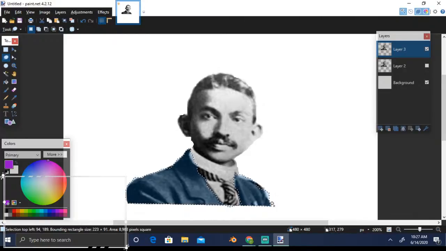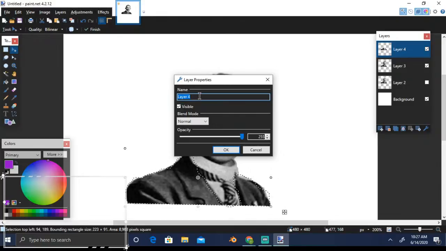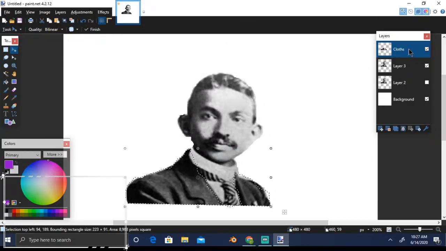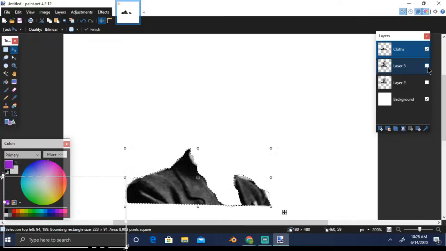Again, what I'll do is I'll copy it and I'll put it in a layer in case we mess up with anything. So I have copied just the coat. You can actually click on this and you can actually name the layer also. Now I'll work on this layer. I have just kept this layer intact as a backup copy, and this one has just the coat. I'll just uncheck this and you can see it's just the coat here.